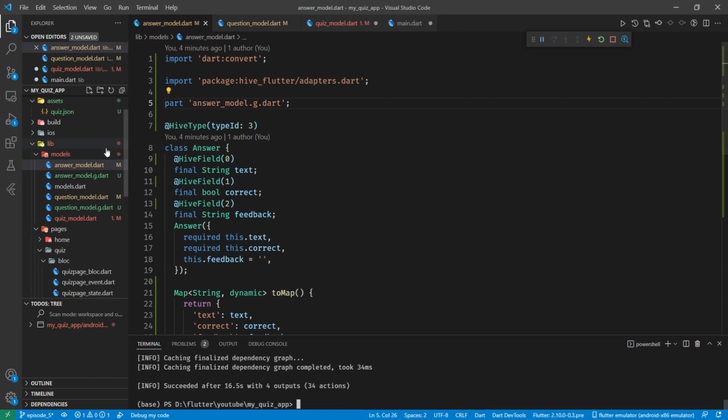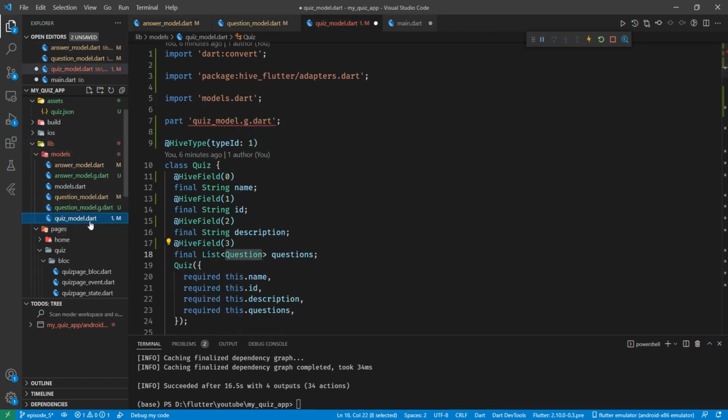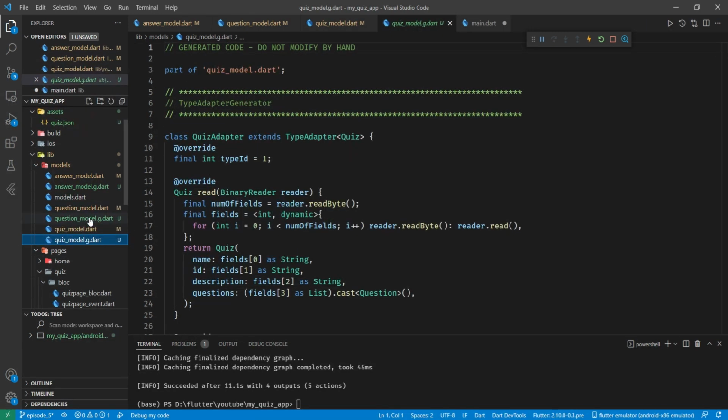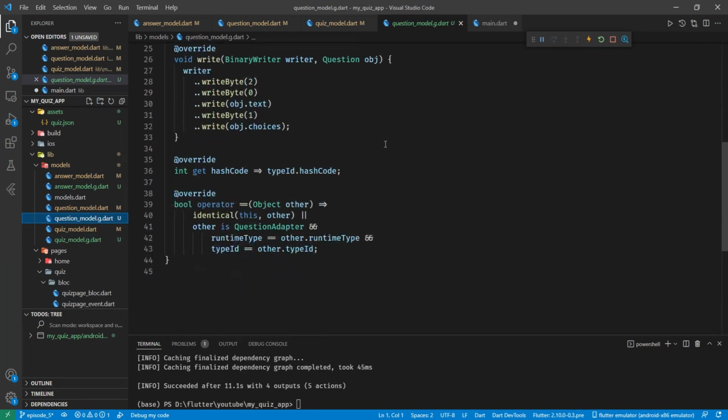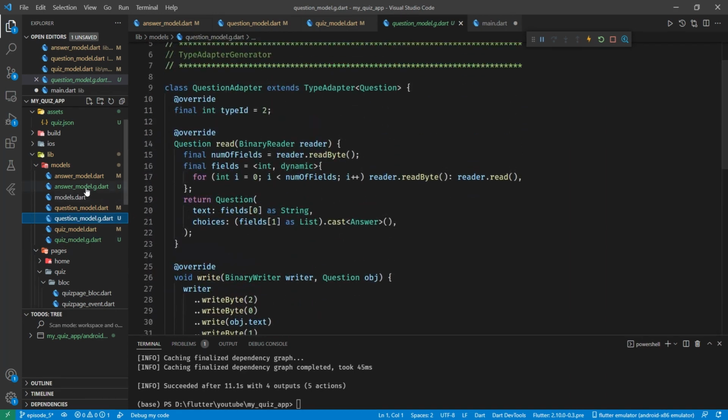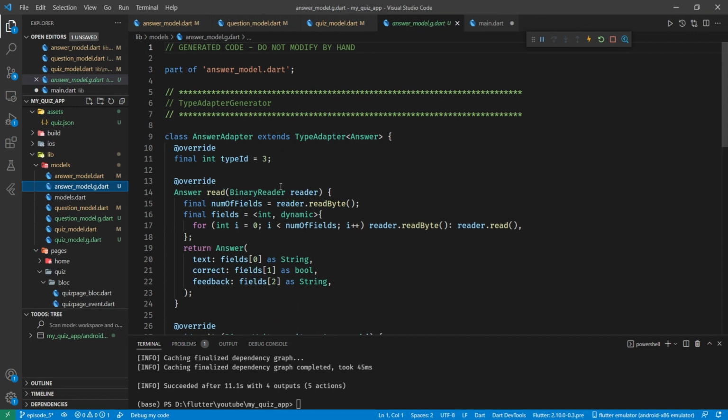Bingo, look at that. Okay, we've got an error here with our quiz. I wonder if that's simply because I forgot to save it. I think it was. So I'll just save it and run that command again. And that time it saved perfectly for us. So all these files with all this code in has been created for us, and our adapters are ready to go. So with that, we can come back to our main.dart